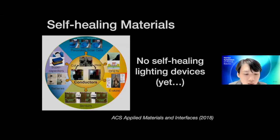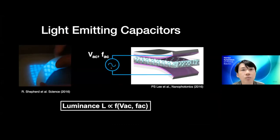So another interesting way we can use such materials is to make them generate light. When we started the work looking at whether we can make self-healing devices that generate light, there weren't really any self-healing light sources. One strategy to make stretchable light sources that can potentially interface with soft tissues is a device called a light emitting capacitor, right? A capacitor is essentially a sandwich structure with a dielectric in between. Right? And there's nice work by Shepard back in 2016 showing stretchable electroluminescent